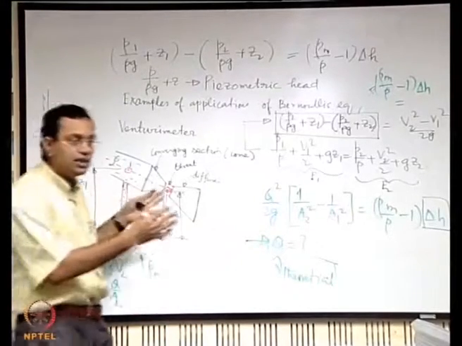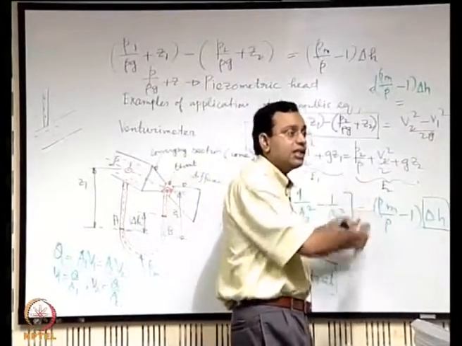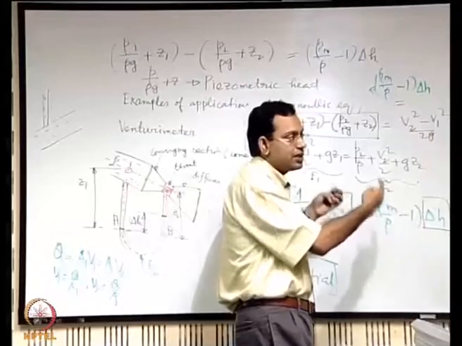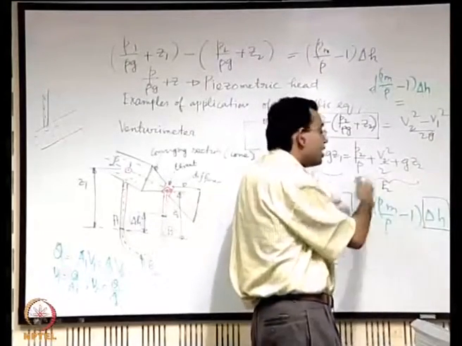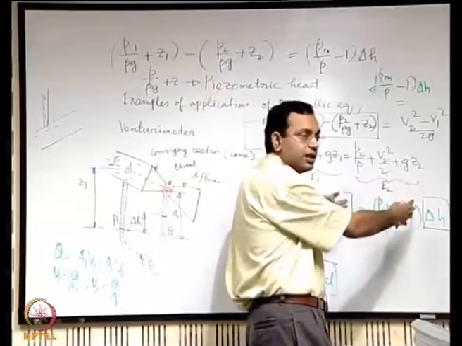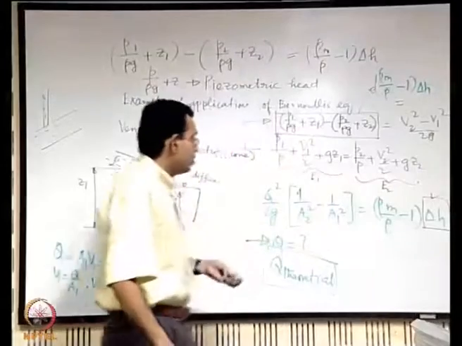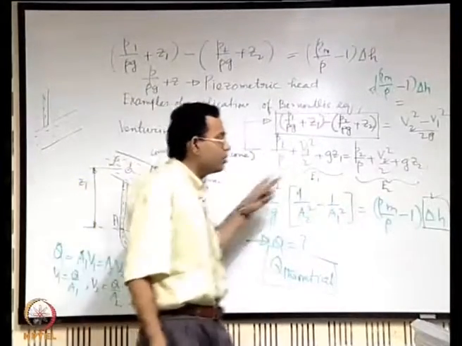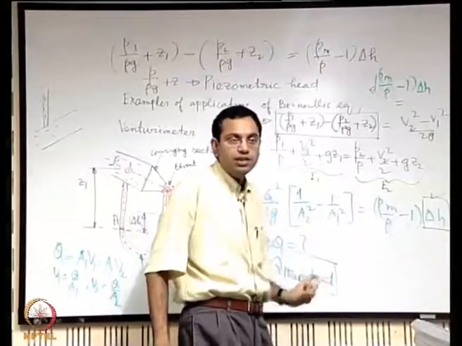what is the basic principle of measurements that we use in experiments, that we have an expression in which we have certain easily measurable quantities, and we express some more difficult to measure quantities in terms of the easily measurable quantities. So, here delta H is something which you measure easily, flow rate you do not measure directly, but you use this formula to express flow rate in terms of the measured delta H.